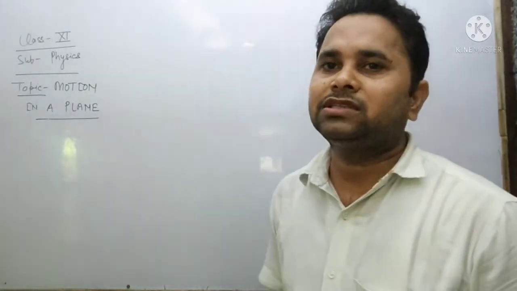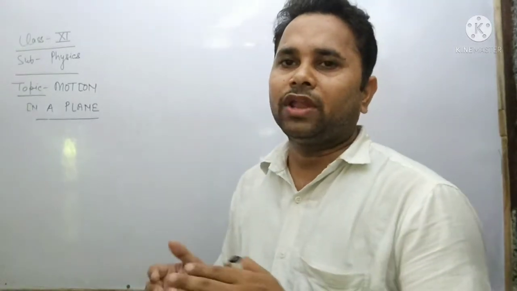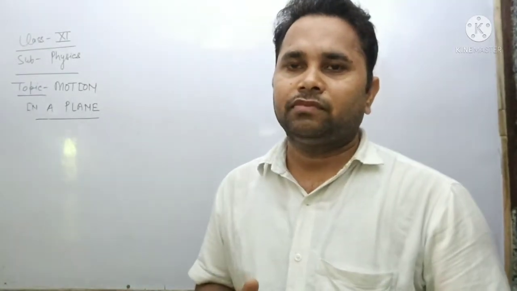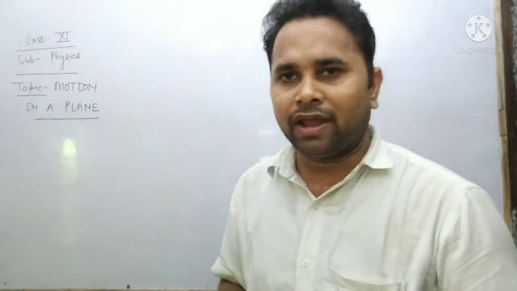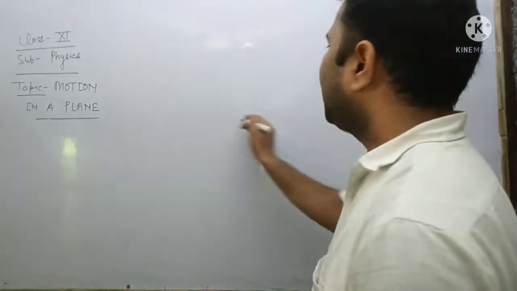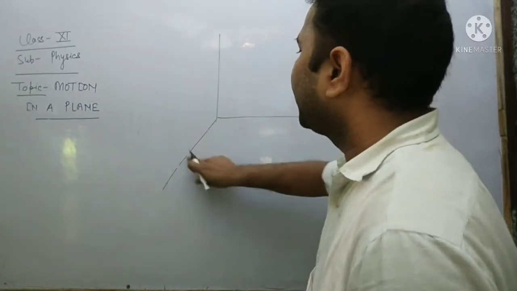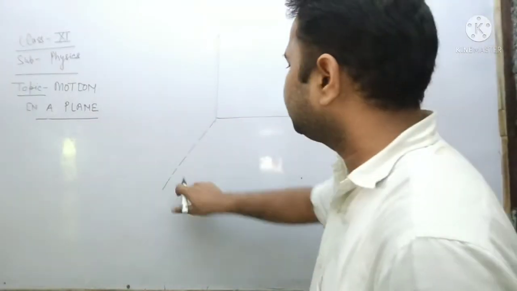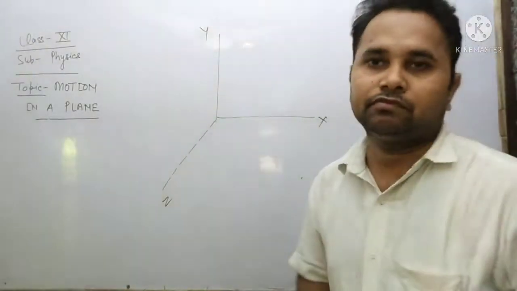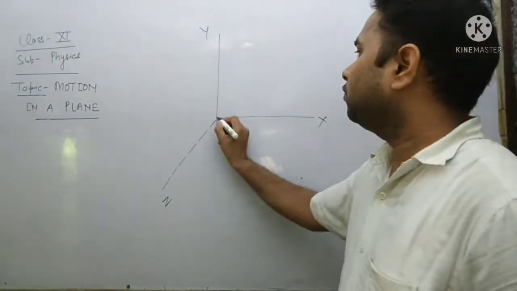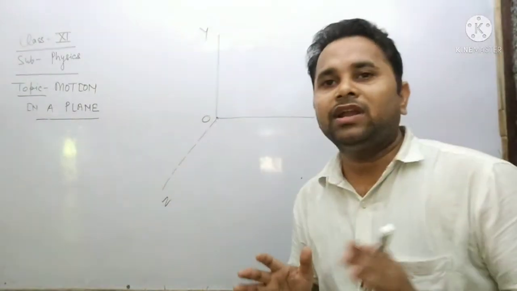Motion in a straight line means the body may move towards the positive direction of the x-axis or the negative direction of the x-axis. It may move towards the positive or negative direction of the y-axis. It may move towards the positive or negative direction of the z-axis. Suppose this is the xyz axis with this origin. So finally, in one-dimensional motion,